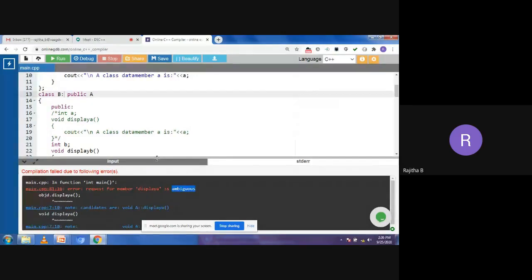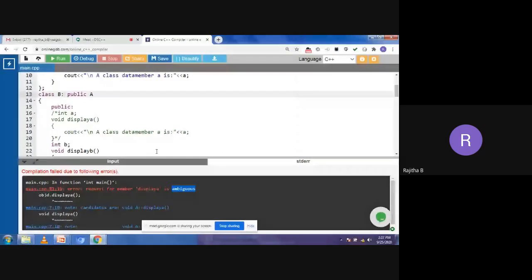Yes. Okay, so this is the way to write a hybrid inheritance program by using the virtual keyword. And what is the problem here? What is hybrid inheritance? You can take a combination of any type of inheritance. But when you are taking a combination of inheritance, you may get a problem like this. What is the problem? Ambiguous. What is the meaning of ambiguous? The number of copies will be created in the derived class from the number of paths. We are getting the same function in the derived class from the number of paths.